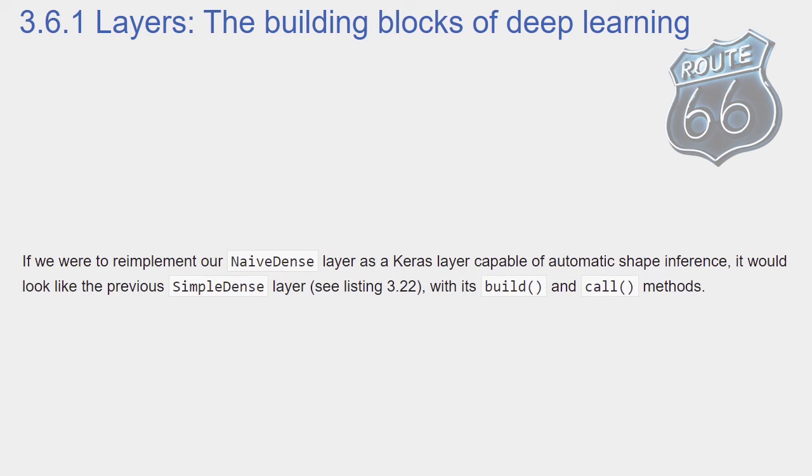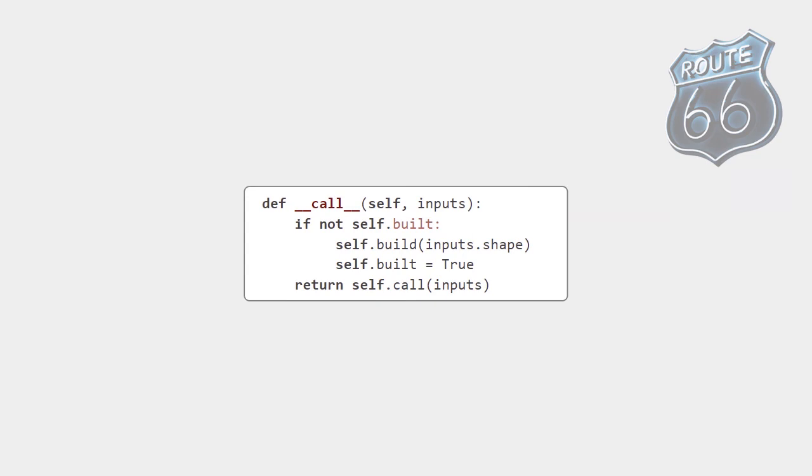If we were to re-implement our NaiveDense layer as a Keras layer capable of automatic shape inference, it would look like the previous SimpleDense layer, see listing 3.22, with its build and call methods. In SimpleDense, we no longer create weights in the constructor like in the NaiveDense example. Instead, we create them in a dedicated state creation method, build, which receives as an argument the first input shape seen by the layer. The build method is called automatically the first time the layer is called via its